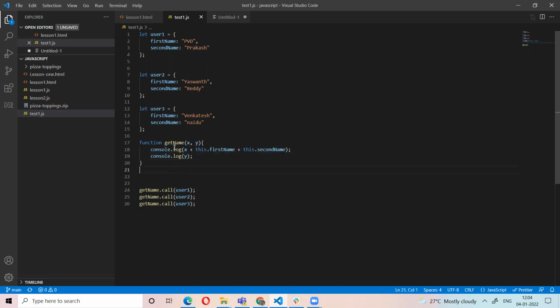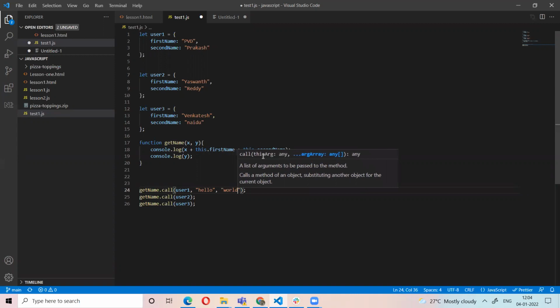So now we are calling the getName function on this object, but we need to pass some arguments to that function. For example, I want to pass hello. Here we are calling the getName function on the user1 object, and passing the parameters the second time. So here x is hello, and y is world.